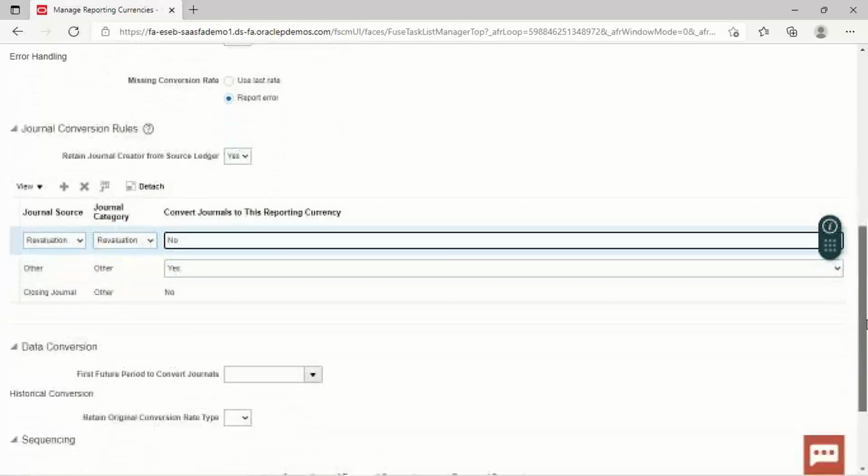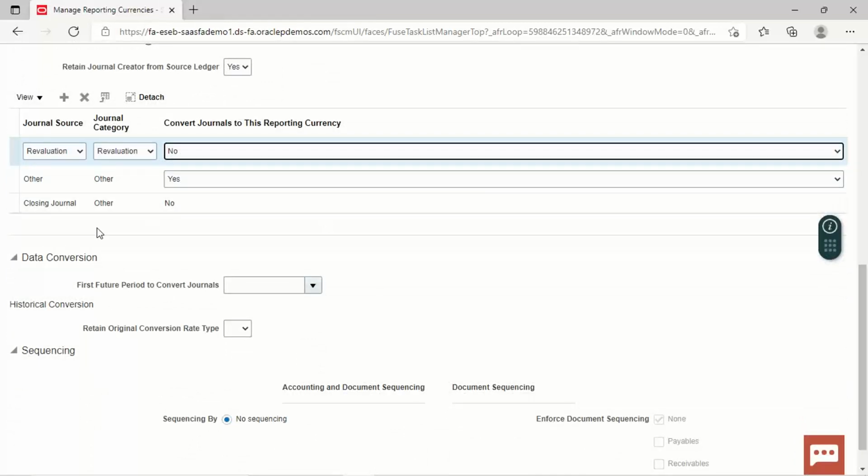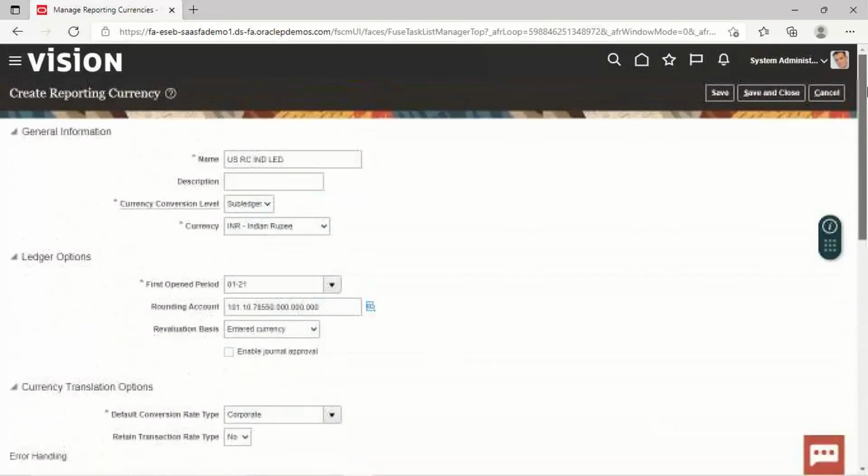So we'll select no. Over here, we can set the data conversion and sequencing options also. So this way, we have created a reporting currency book. And now when we create the journal entries, over there, we can use these reporting currencies to convert our ledger journal entry into the reporting currencies.